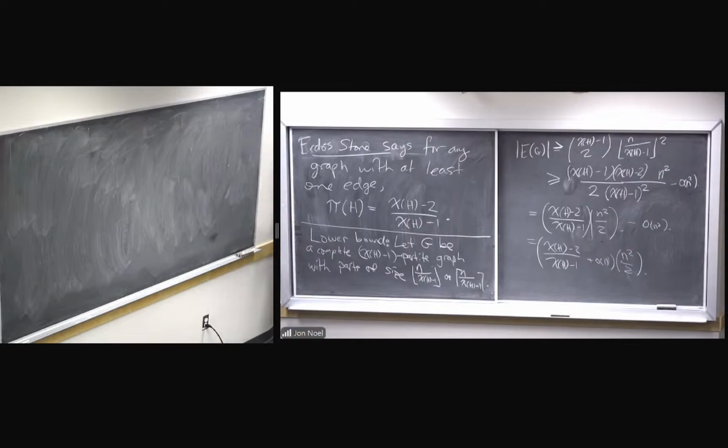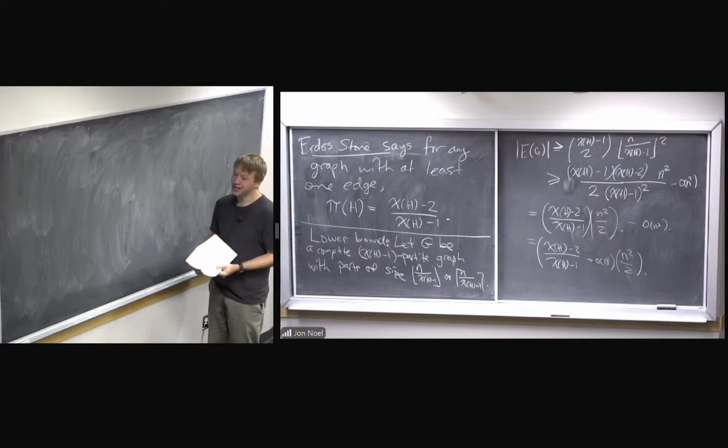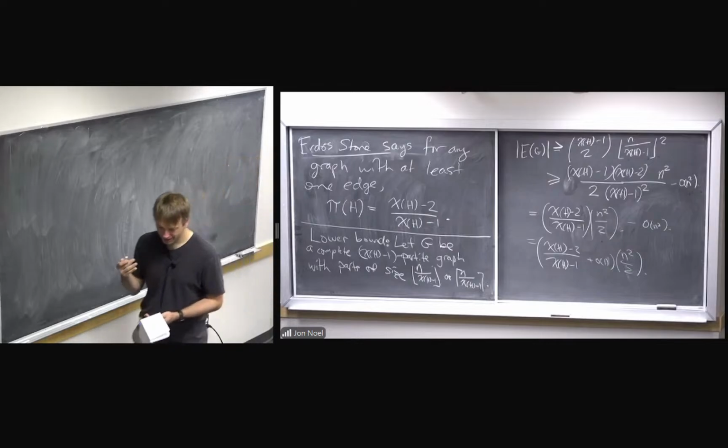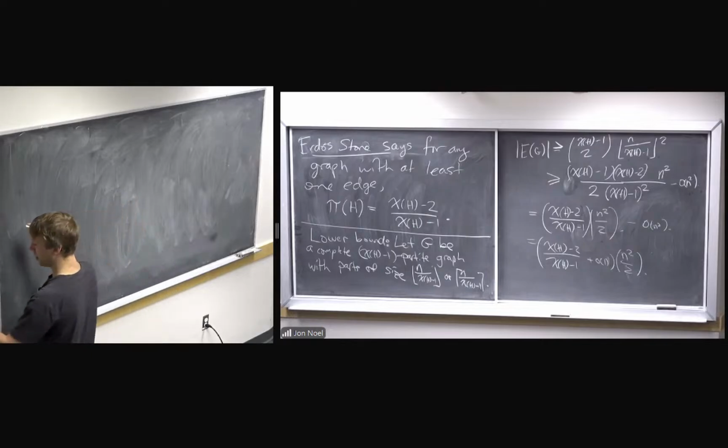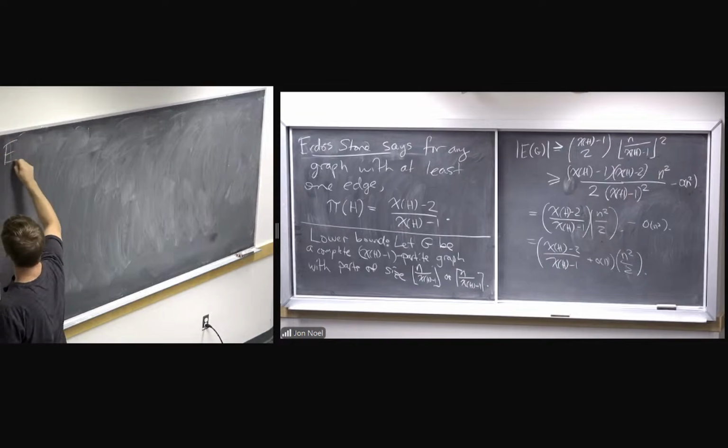So one potential difficulty here is that there are a lot of graphs. Like, how do I have a strategy that is going to apply to every graph H? But if you think about it, you don't actually really need to deal with any possible graph H. You can simplify your life a little bit. So let me write down an equivalent formulation